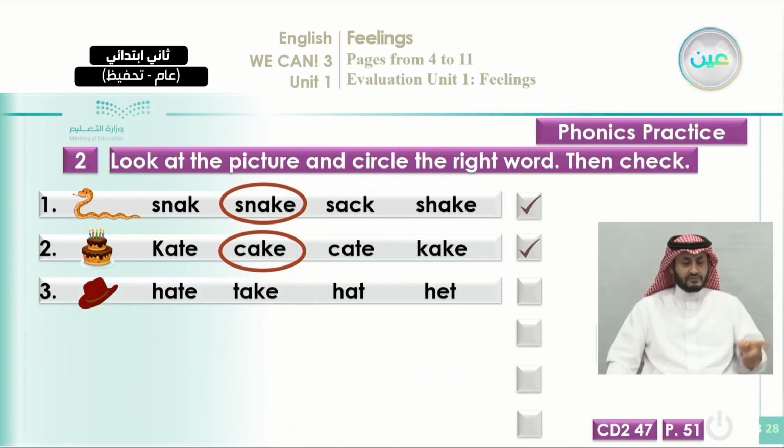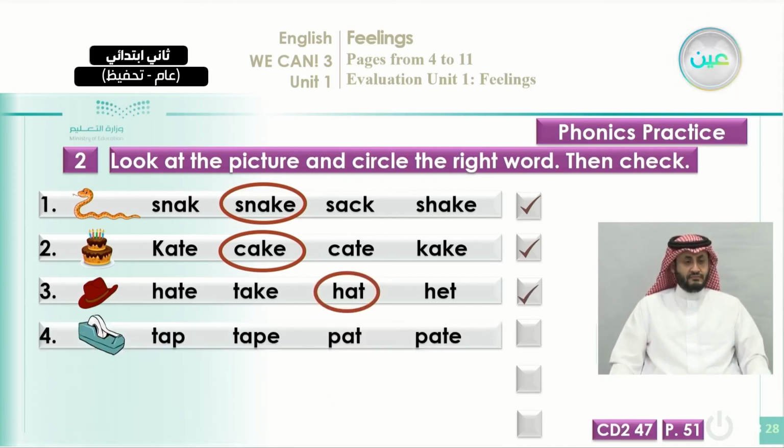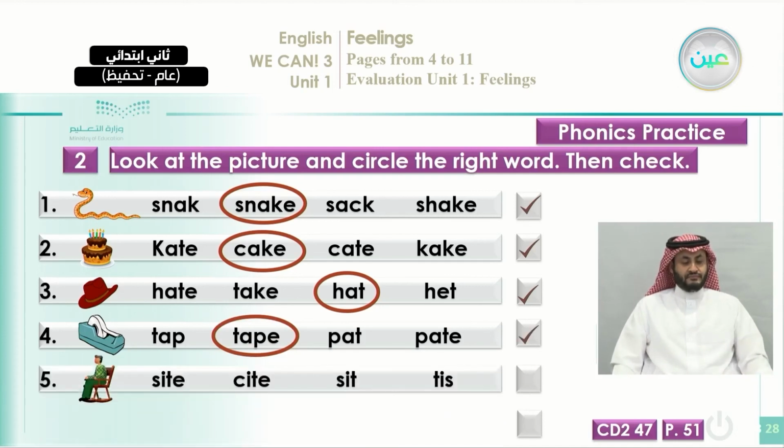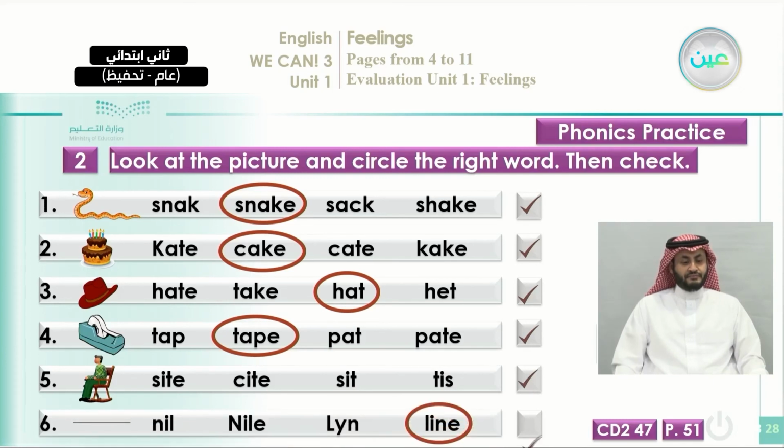Number 3, what is it? What is this? This is a hat. Okay? Do we say hat or hate? There is no E at the end, so we say hat, the third one. Okay, number 4, this is tape. So we have to spell it T-A-P-E. And number 5, what is it? Exactly, that is what? Sight or sit? It is sit, actually. This is the right answer. The guy is sitting, as you can see here. Sit. This is the right answer for number 5.